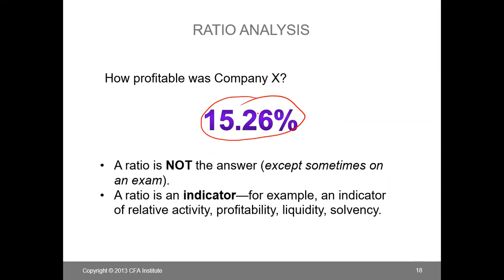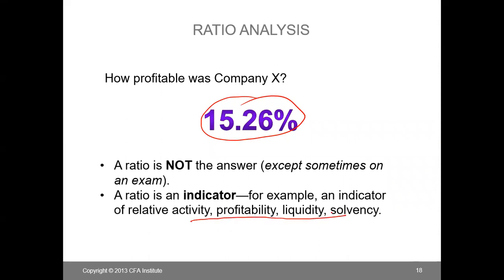You will come up with a percentage, but rather it indicates something, and absolutely the percentage 15.26% tells nothing to you unless you compare this 15.26% with the profit margin of some other company or of the same company in previous years. Okay, so the ratios can be classified into